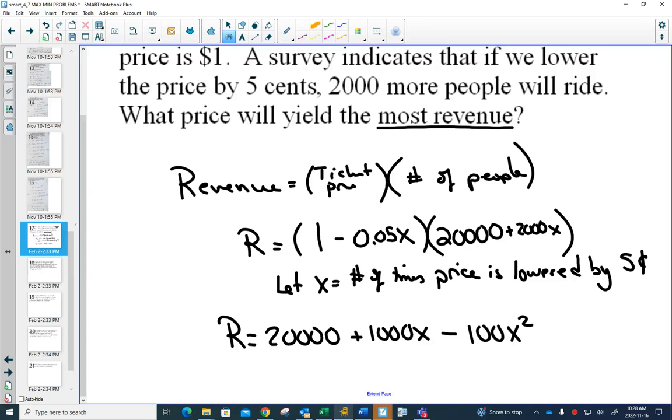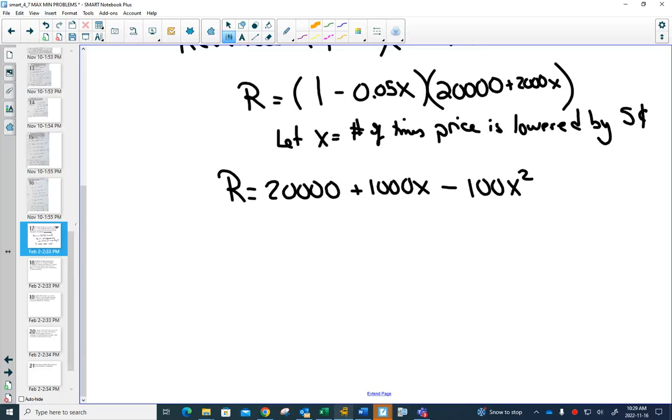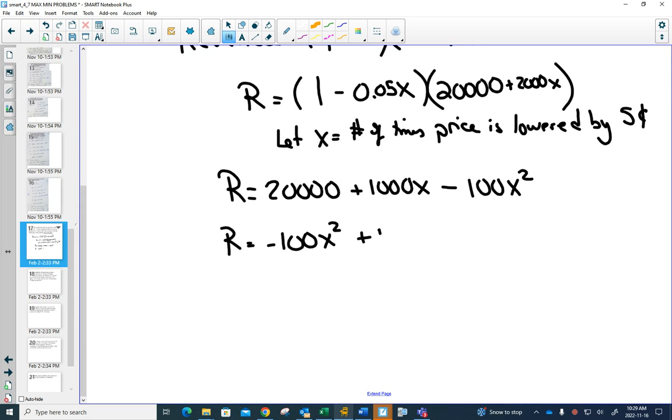What is 0.05 times 20,000? That's 1,000, so that'll be minus 1,000x plus 2,000x. That's good. And that will be 100. Perfect. So now if we rewrite this in the right order, with the x squared first,